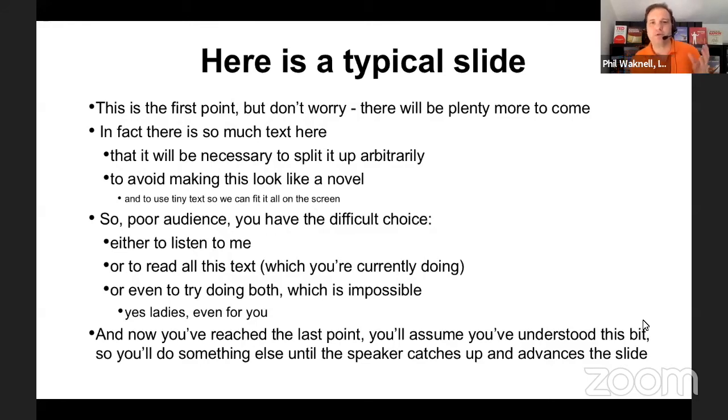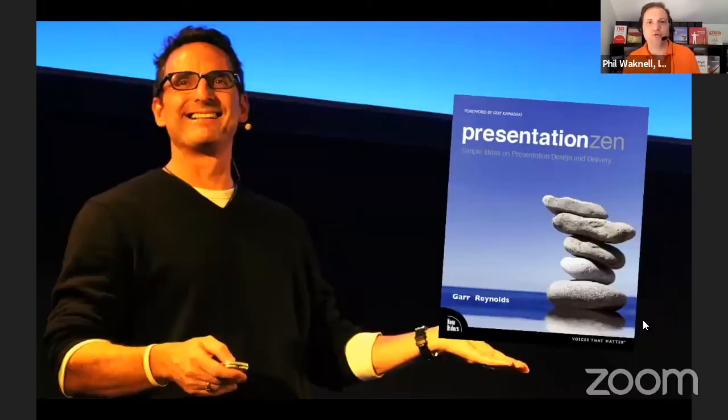And this is something which we call a slidument. This is Garr Reynolds. Now, Garr is the author of a fantastic book on presentations. Many of you will know. It's called Presentation Zen. This is where you apply the Japanese principles of restraint, simplicity, and naturalness, and you put those into a typical presentation, and you find that it actually works extremely well. Now, Presentation Zen is now on its third edition.